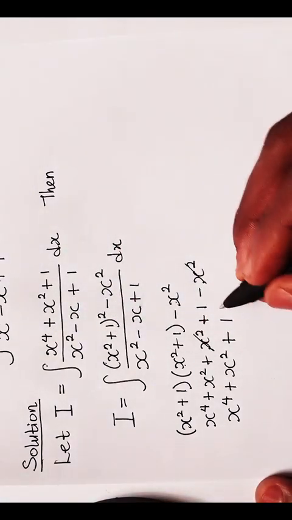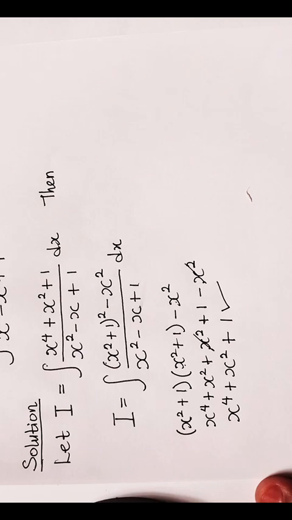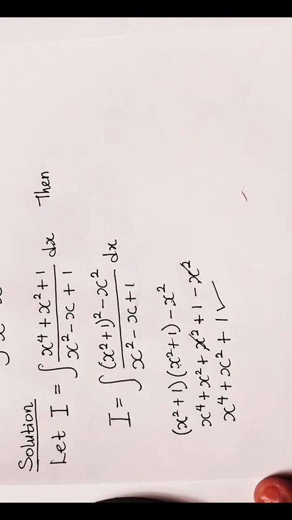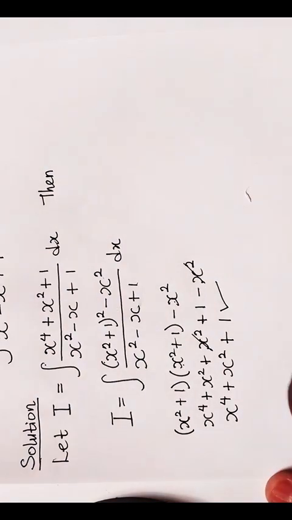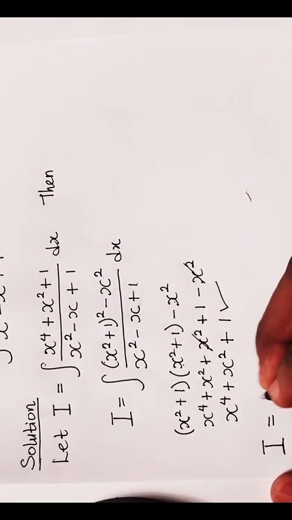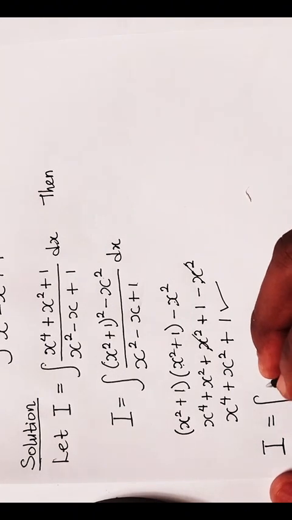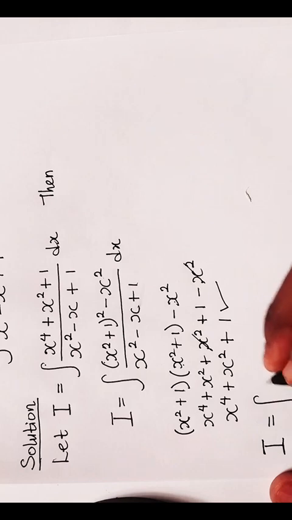The whole of this is still looking like this. So what do we now do? Since we have something like this, we'll bring down this to write our I to be equal to the integral of